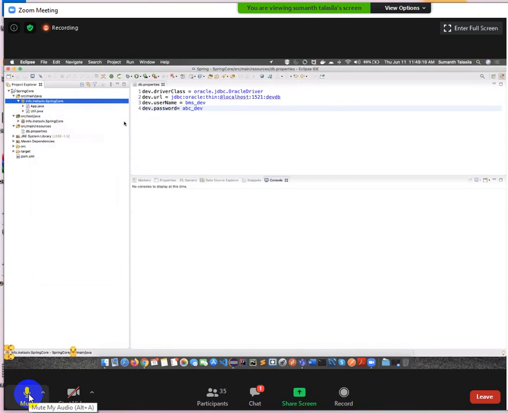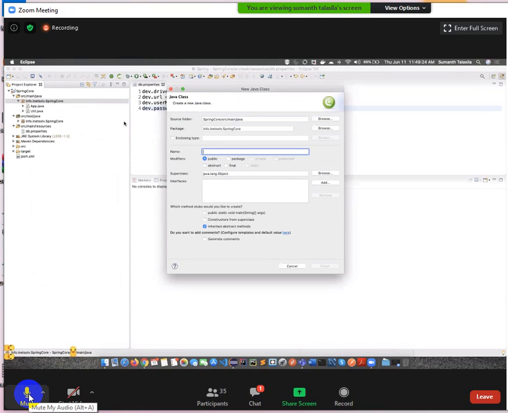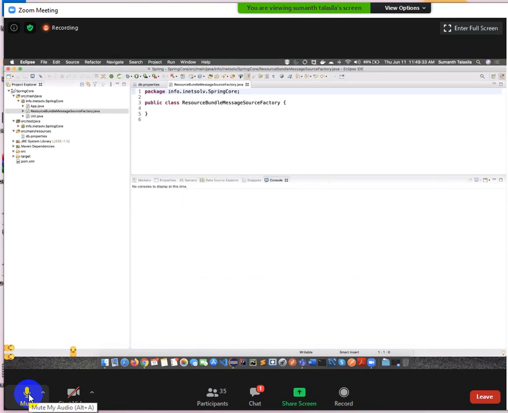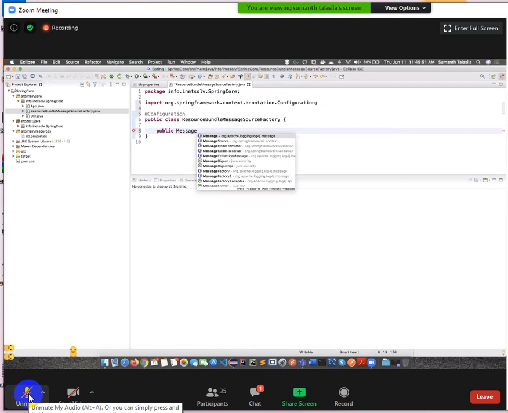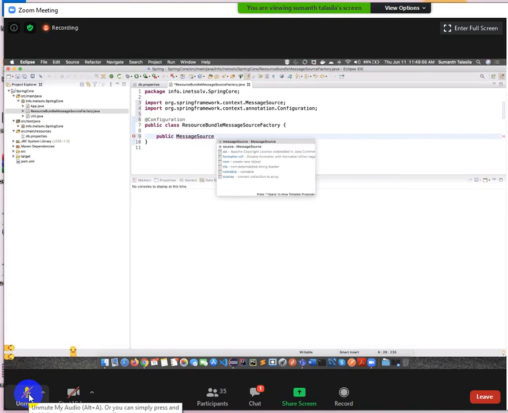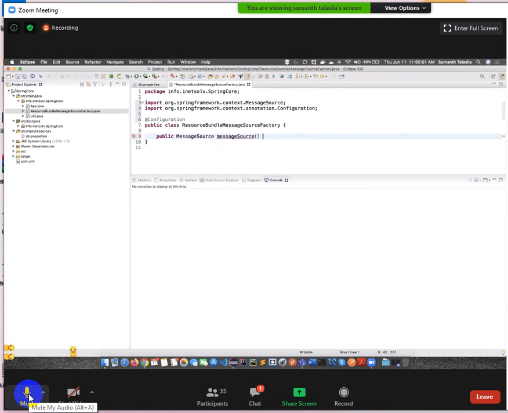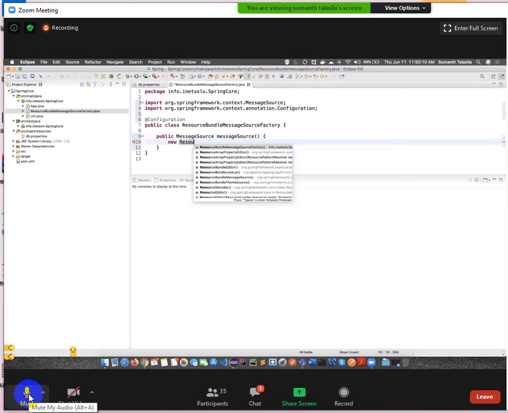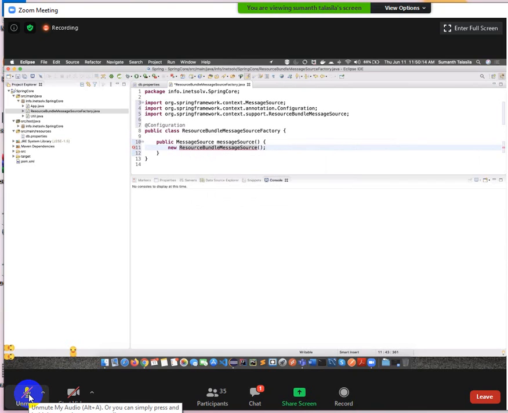Right click, new class. ResourceBundleMessageSourceFactory. Add @Configuration. Public MessageSource messageSource. New ResourceBundleMessageSource. Return messageSource.